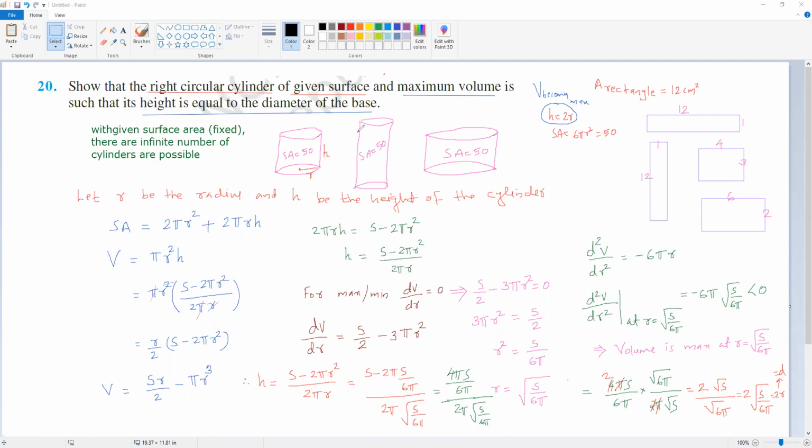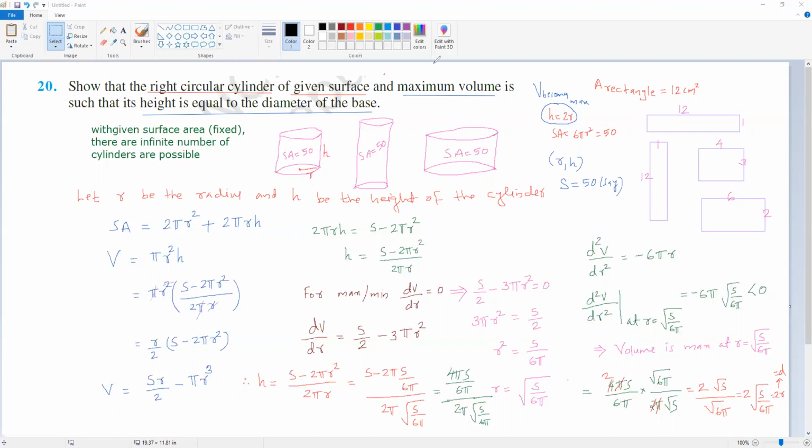Like that, infinite number of cases are there, there are infinite pairs of values like r and h, infinite numbers for r and h you will get, where the surface area is equal to 50, for example. You will get infinite cases when you put r is equal to,